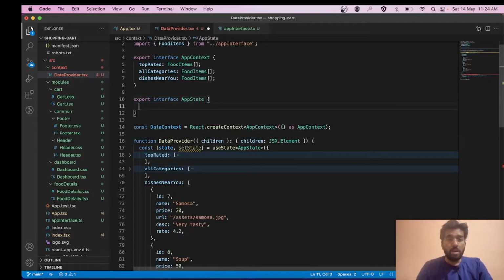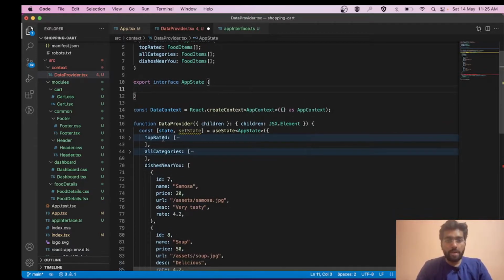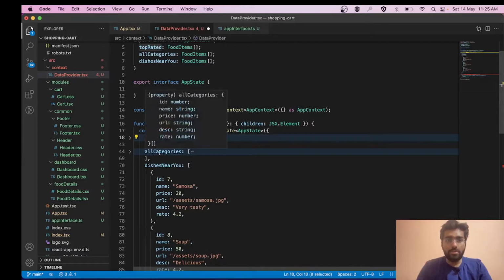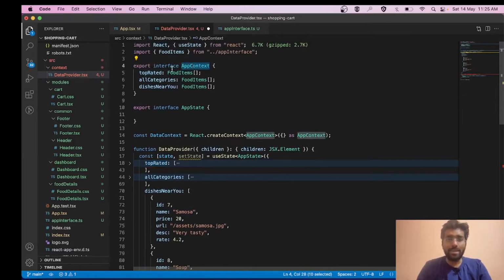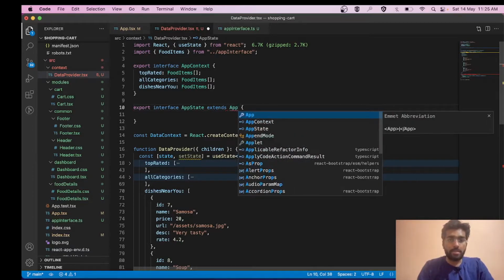Okay, cool. Now what I'm able to see over here is that our app state is the same as app context. In our app state also we have only the three properties that app context is emitting. So rather than adding any properties over here, as you can see app state has the same properties as app context, we can simply extend app context over here.